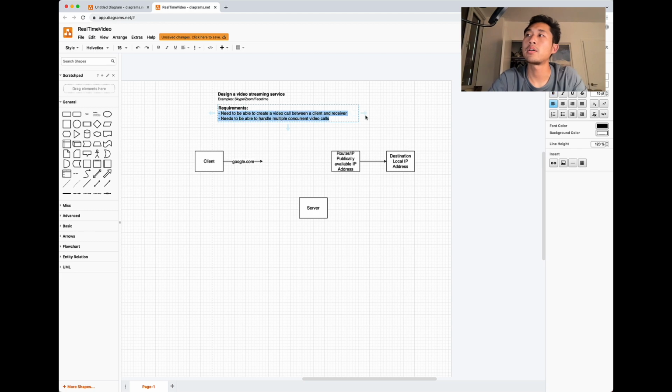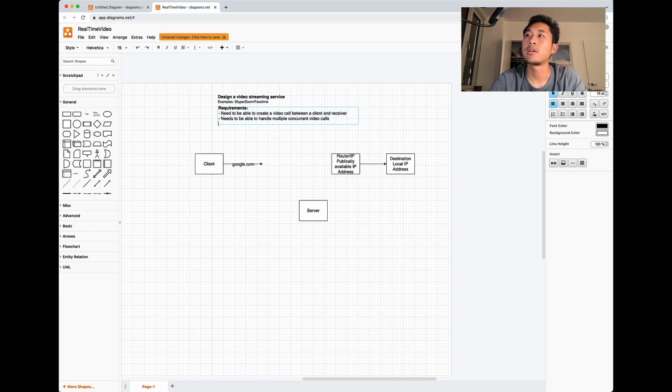And I think another really important thing is that this service is available globally. So the US can call China, which is on the other side of the world, and vice versa.